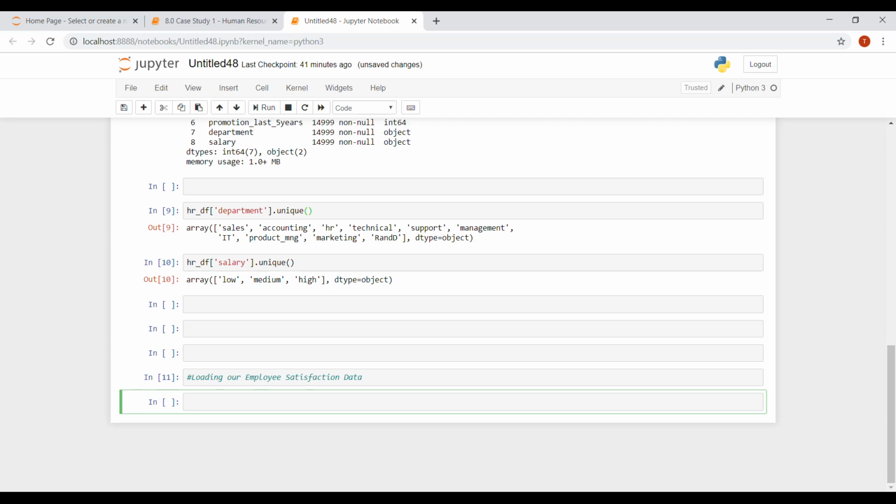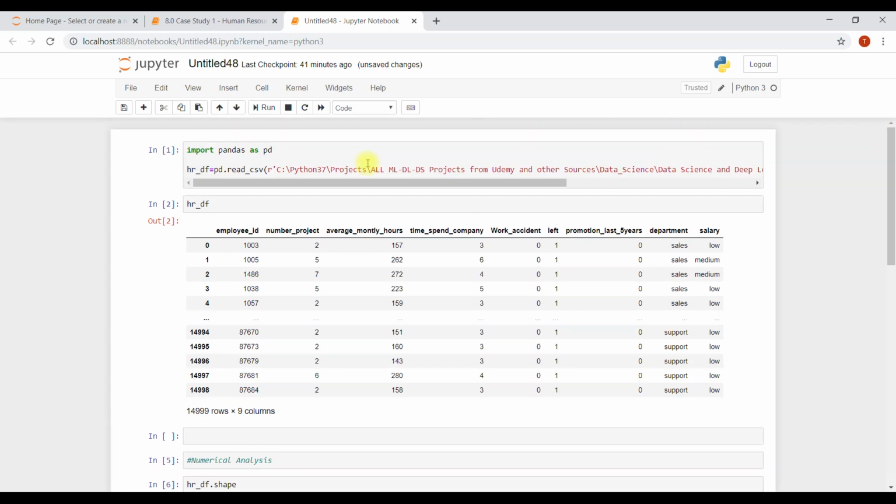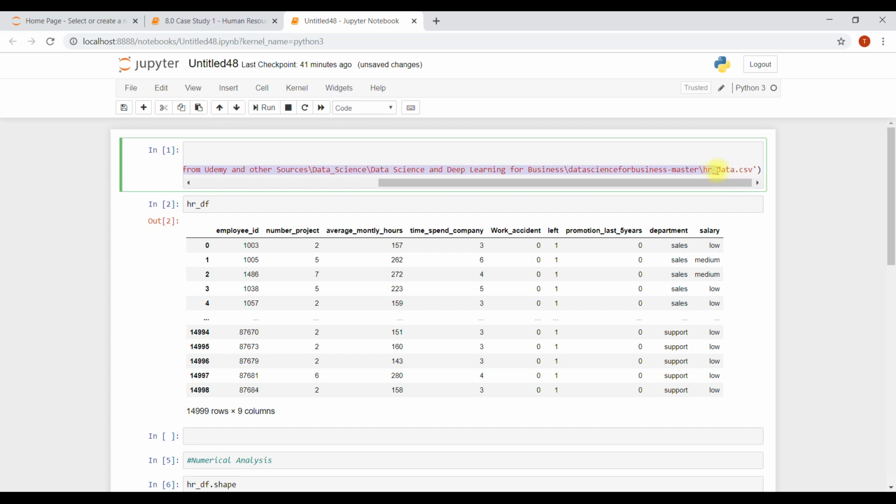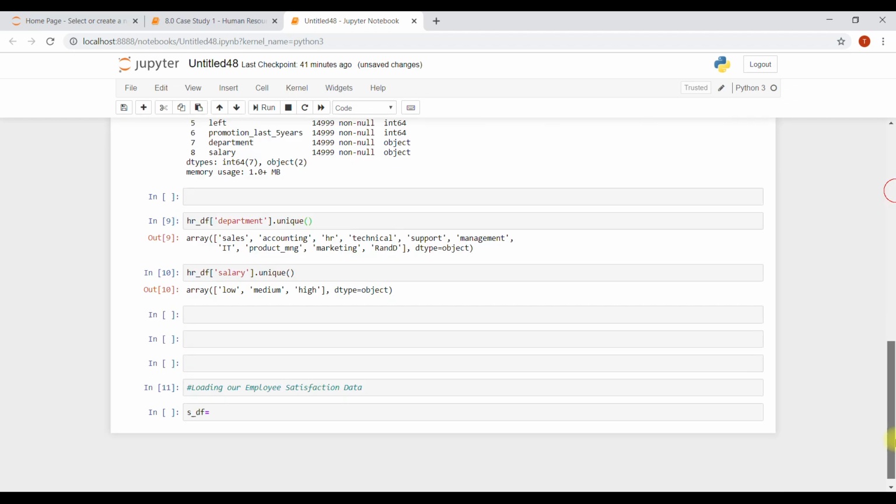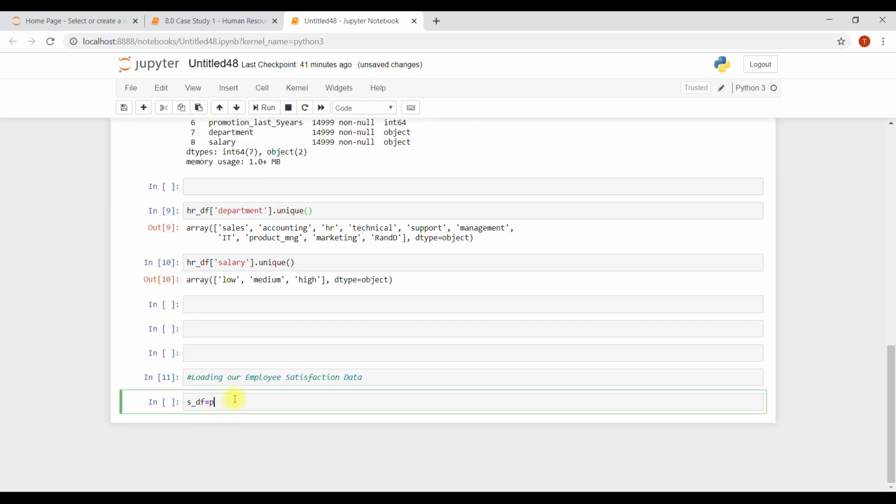So what to name it? That was HRDF. Now for satisfaction, let's say S for satisfaction DF. And the path is the same, so I'm just going to copy this till here. PD dot read